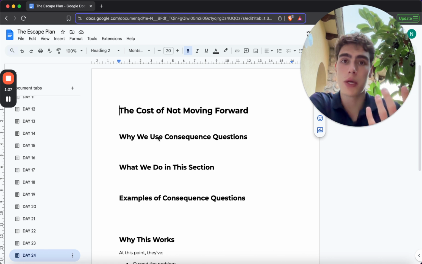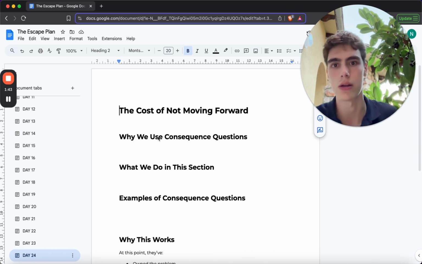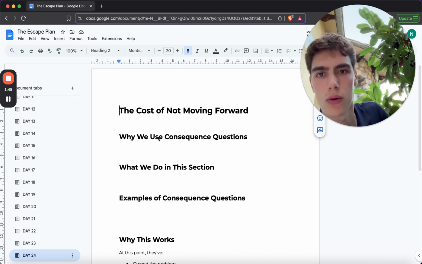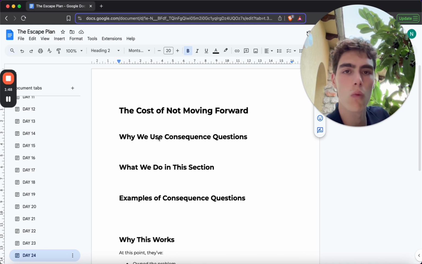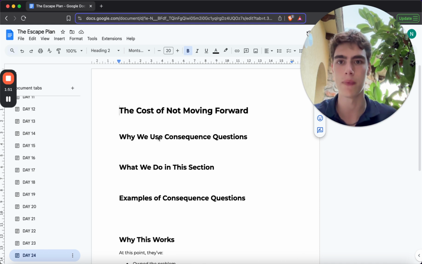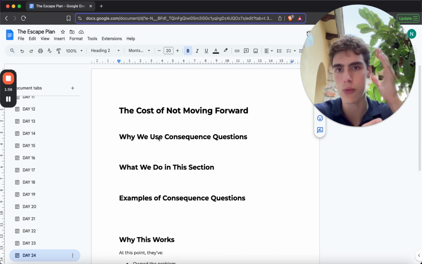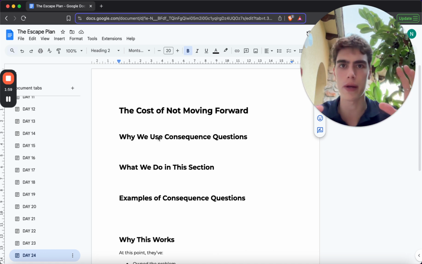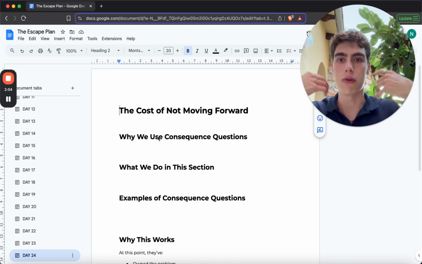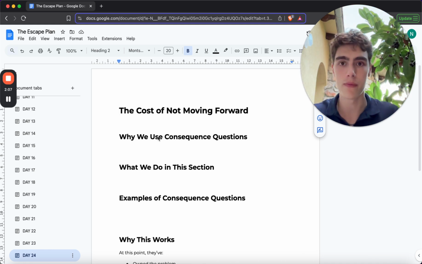Most people, when they come on the call, are stuck in this indecision, this limbo. Not because they don't want to change, but because they haven't truly understood or felt the cost of staying where they are. They haven't really thought about it. And this isn't about fear-mongering or scaring them. It's about helping them slow down, reflect, and face the problem. Because what happens if they just keep tolerating the problem they told us they want to fix?